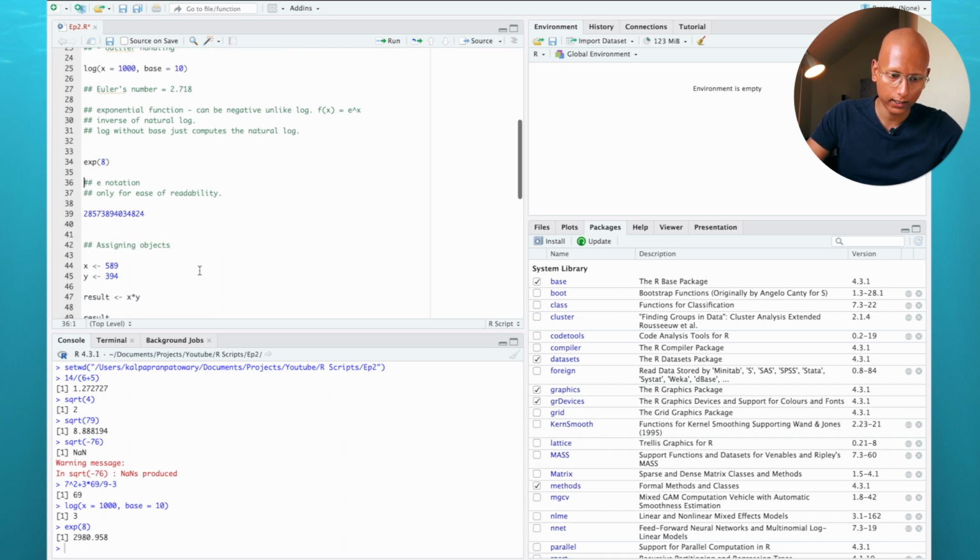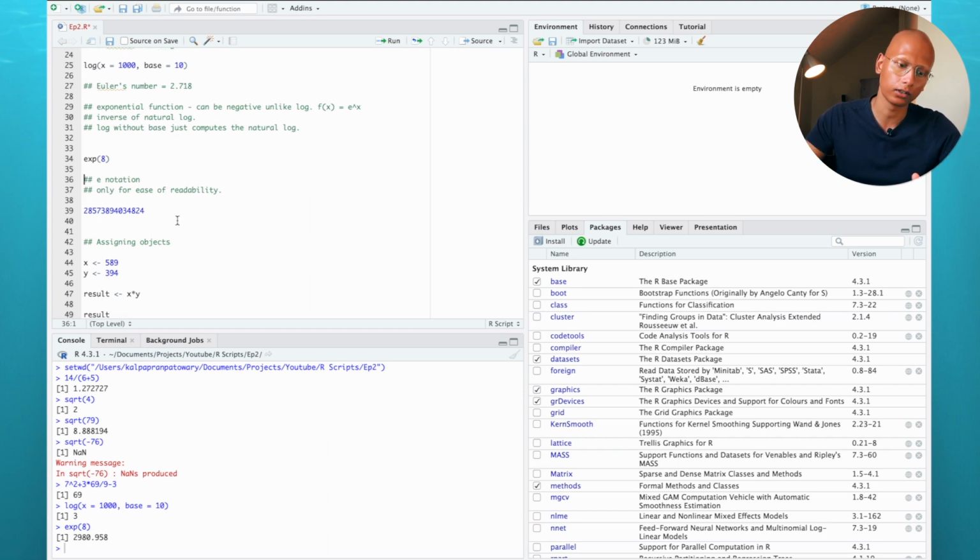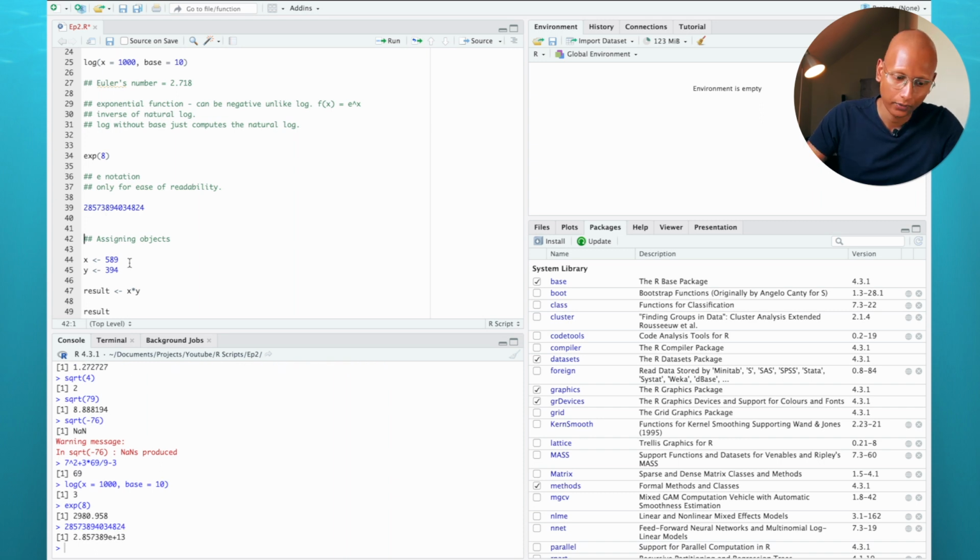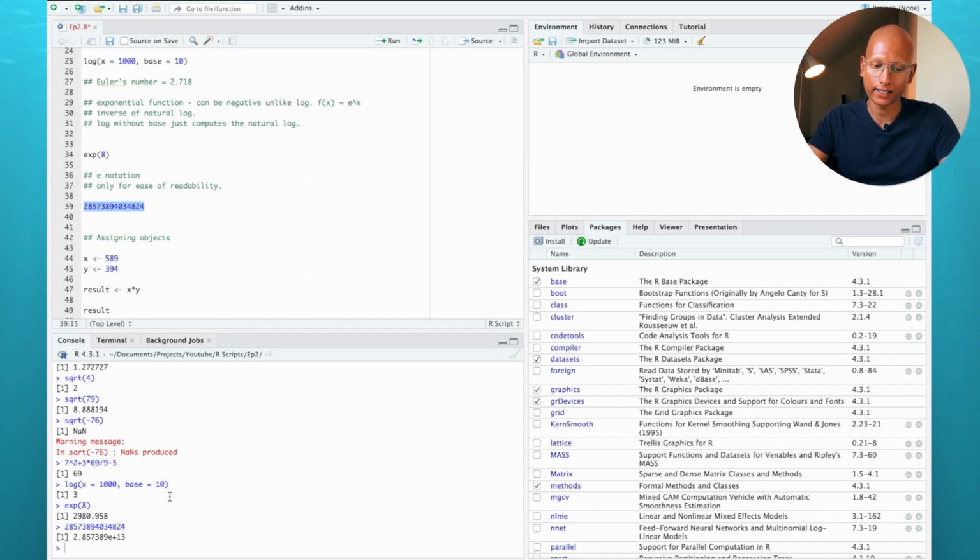Now I want to come into something called the E notation. E notation is only done by R so that it is much easier to read through. It eases the readability of your results. So if you just run this, R will show the same number, but it will trim the number and show you 7 digits of the massive number that you have provided, and then it will show E plus 13, which basically means